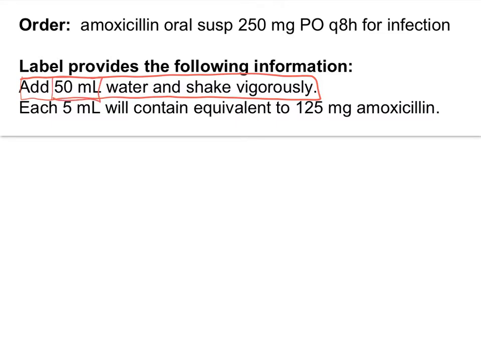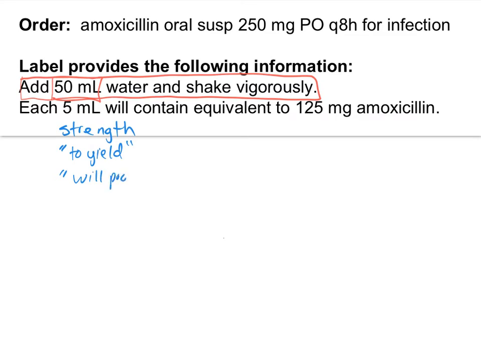In fact, I can tell when students are confused about these problems because they will incorporate the 50 mL into the calculation. This is just important for the mixing. What we need to know, and the most important part of these problems, is to look for information about the dosage strength. And oftentimes, you're told, add 50 mLs and it will yield, or it will provide